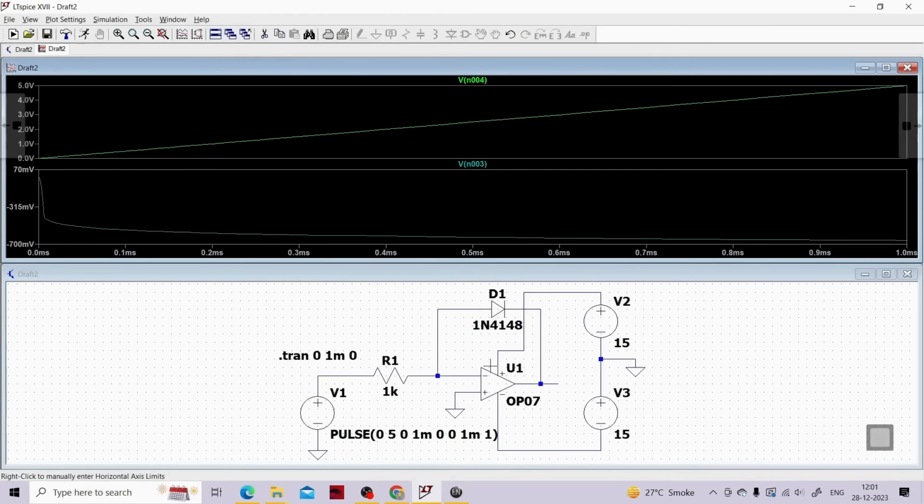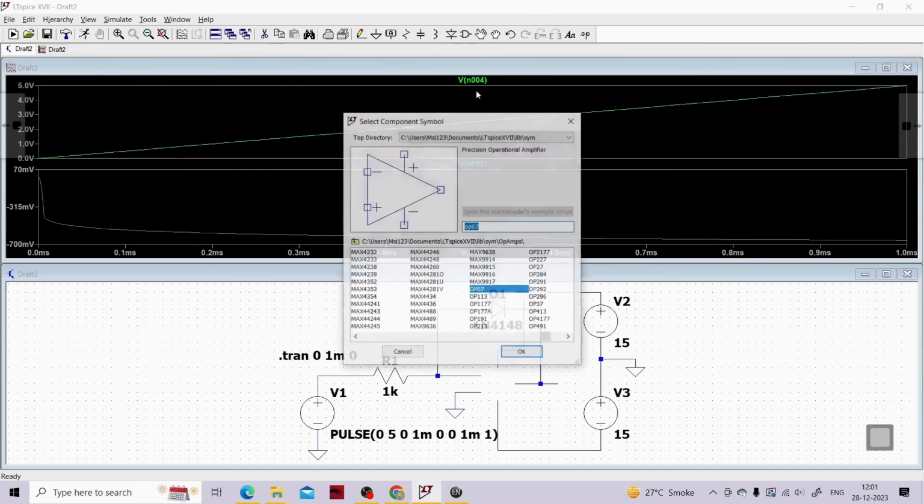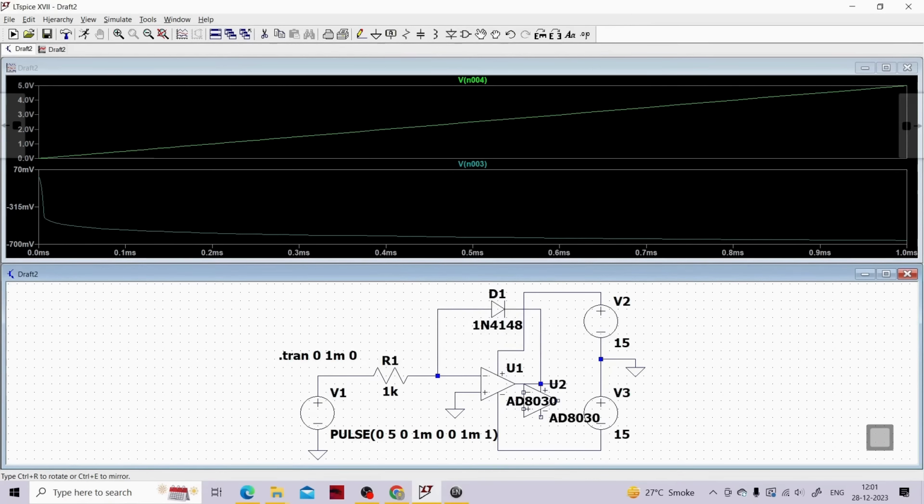Now, instead of OP071, I will use a more stable op amp. Let's suppose AD8030. So now instead of using OP07, I will switch to AD8030. Let me move over here. See this particular op amp, AD8030. Click on OK. Now that I have connected this op amp onto this circuit,